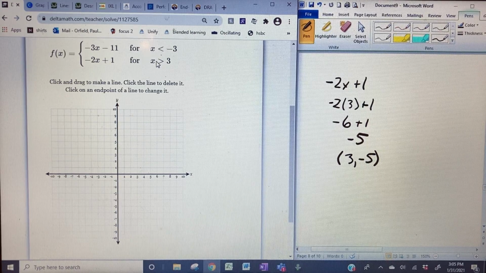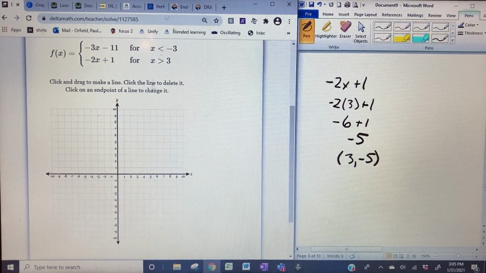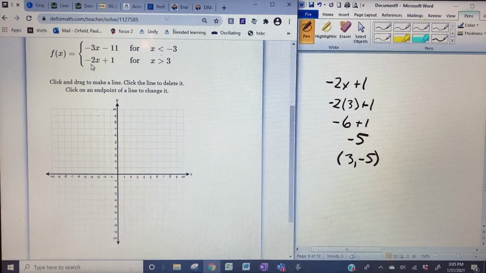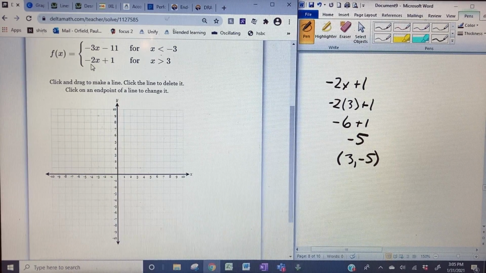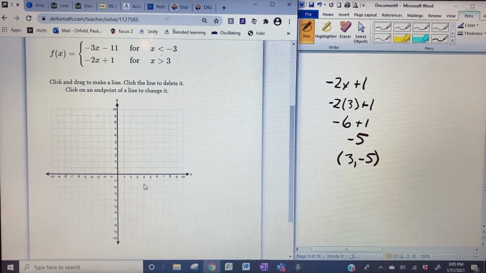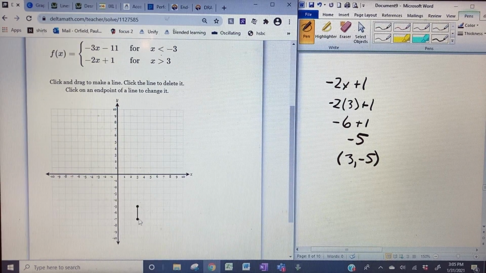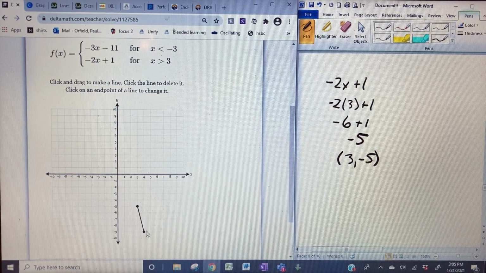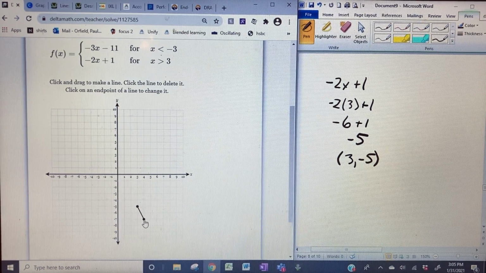We're graphing stuff bigger than 3, so I'm going to be moving left to right so I can apply the slope in a normal fashion. My slope is negative 2 over 1, so I need to start here, and I'm going to go down 2 and over 1. Down 2, over 1. And actually, I can do this. I forgot this trick. So once I have it here,